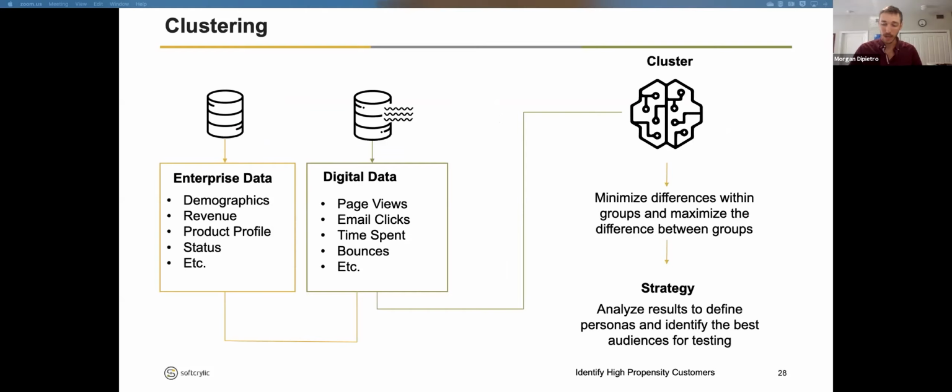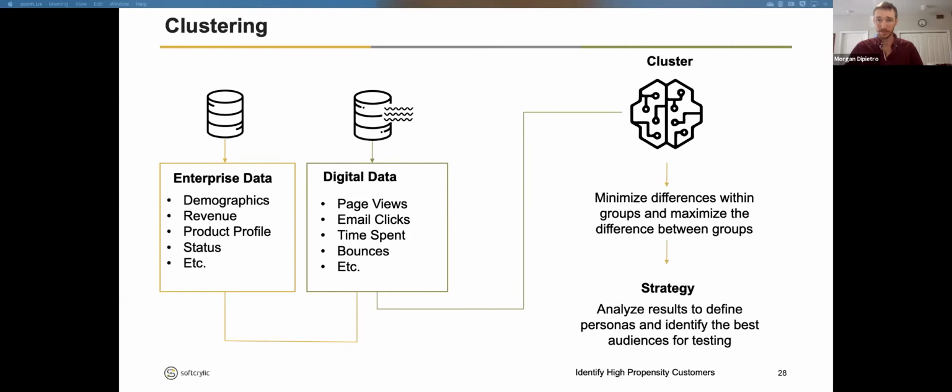We're going to accumulate as much data as we can about these customers so that we can really create an accurate and highly segmented group of audiences. Then we'll move all that data over to the clustering. That clustering is going to minimize the differences within the groups and maximize the differences between groups. And now hopefully we're going to see some pretty distinct audiences